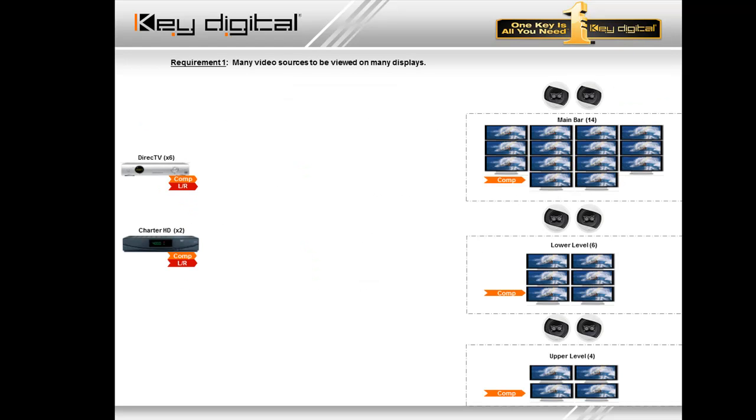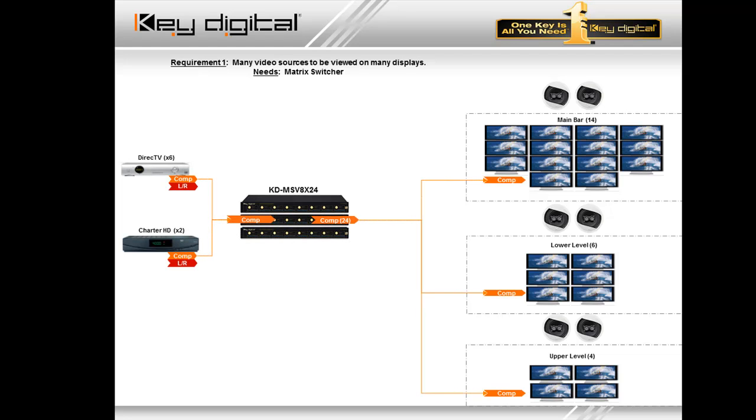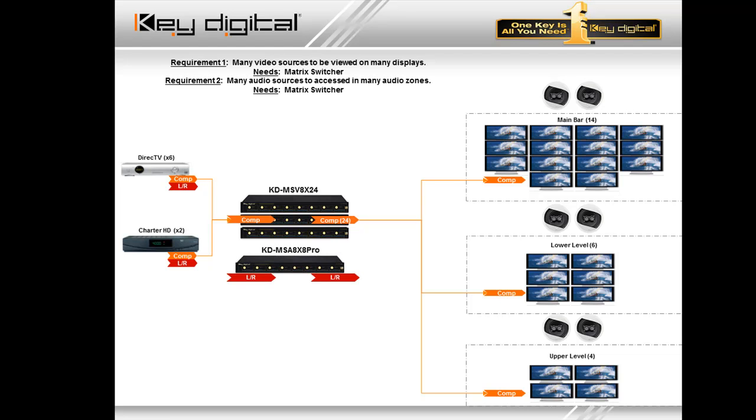Let's go ahead and take a look as it breaks out. We see what we're starting with. We know it's going to be some satellite boxes, some cable boxes. We have here the displays on the right-hand side. We're going to need the matrix switcher. 8 inputs, 24 outputs is going to accommodate what we have here. We have our audio zones as well, and the audio sources are going to feed into the KD MSA 8x8